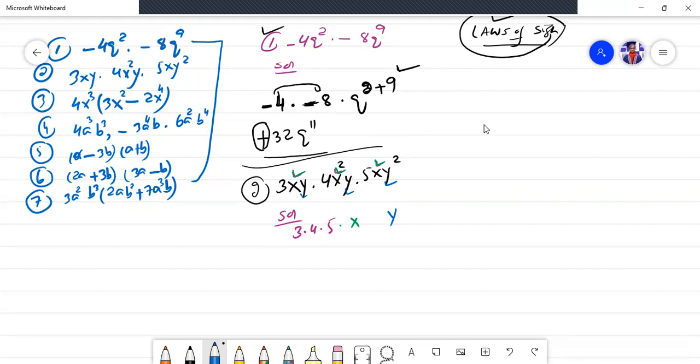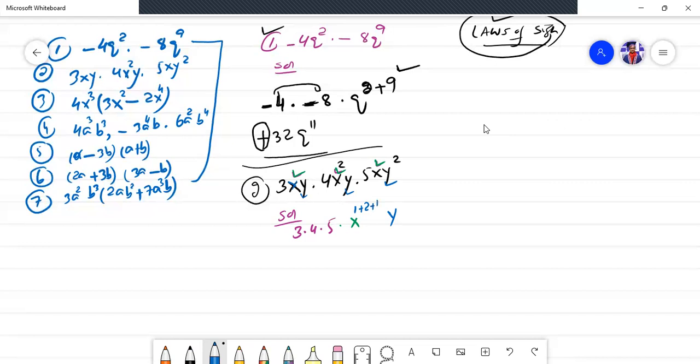Why? Because of the exponent laws in multiplication. We have also covered this in this lecture, and also the laws of exponents in multiplication in the previous lectures as well. You may refer to my previous lectures. So if you observe x here, it carries power 1. Then 4x square, it carries power 2. Then 5x, it carries power 1.